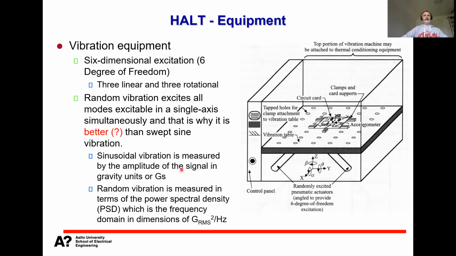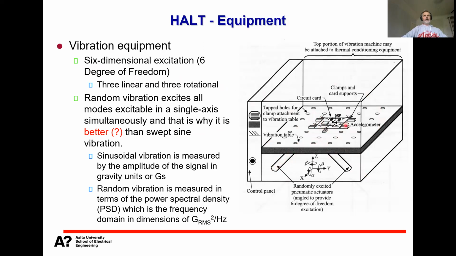So how rapidly the G is changing, or the forces are changing. But if you want to have this kind of 6 degrees of freedom, then you use pneumatic hammers. So basically, with pressurized air, these pneumatic hammers are hitting this table,